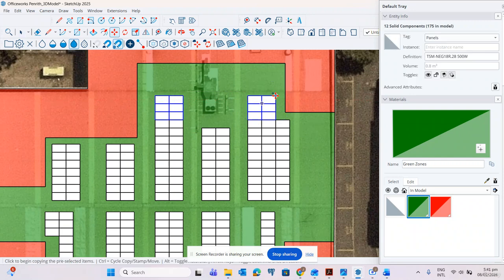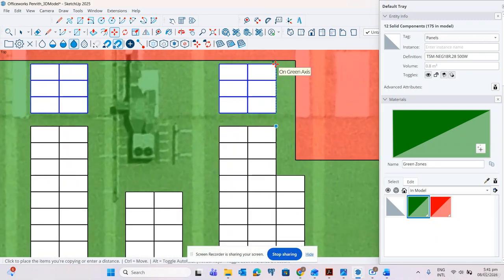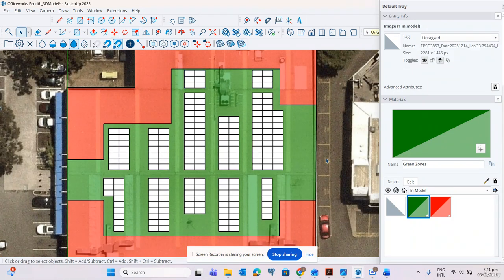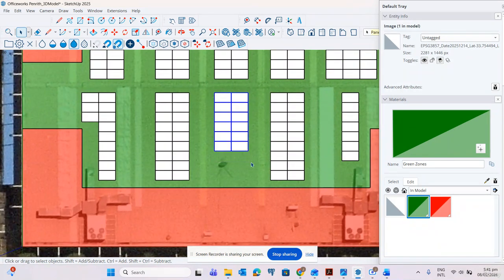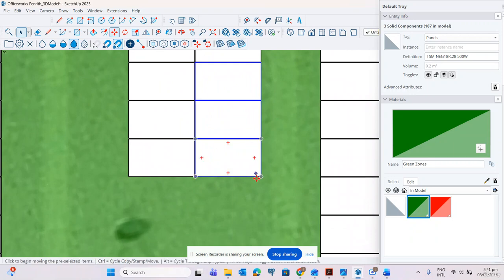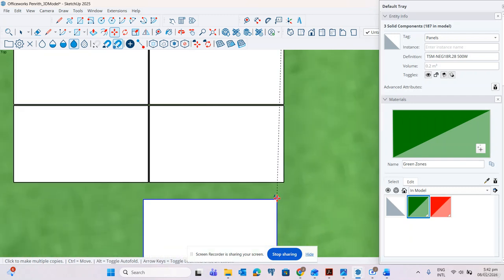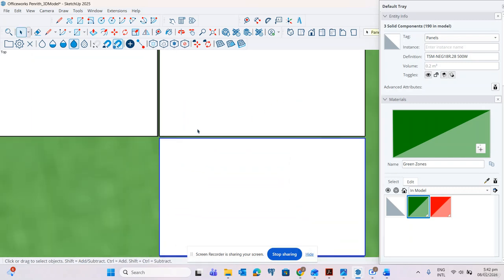M, press control. Yeah, I think. Yeah, it's okay. We will move this so that we can put panels, 3 panels. Press M, press control. Put at the end to maintain the distance.